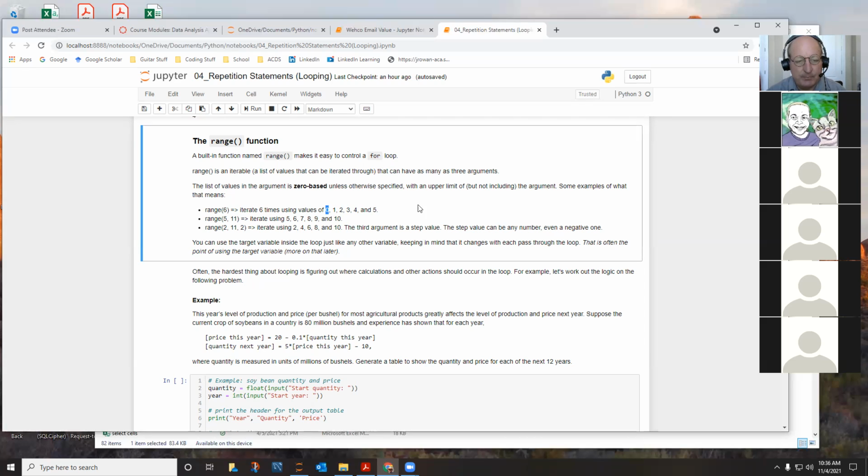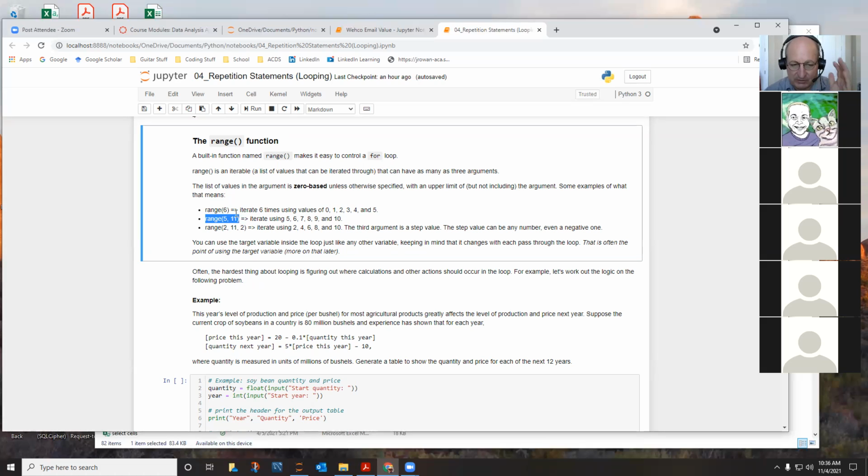And then if you give it a second parameter, that's the ending value, up to but not including. So range 5, 11, and like I said,